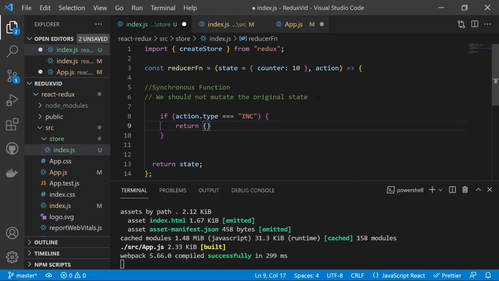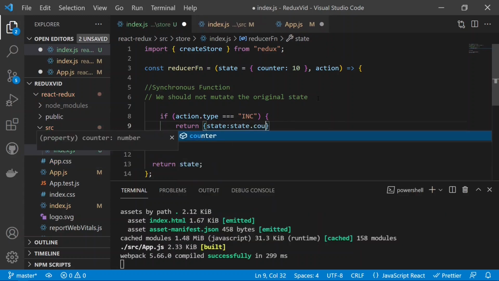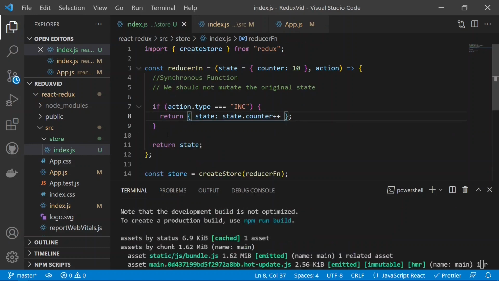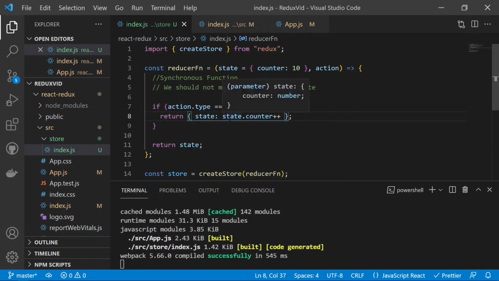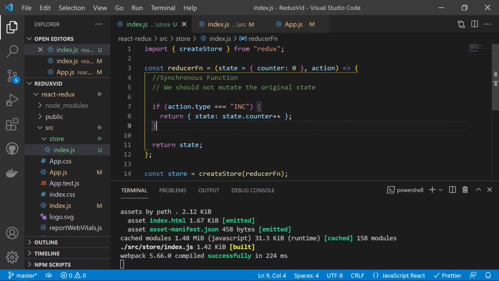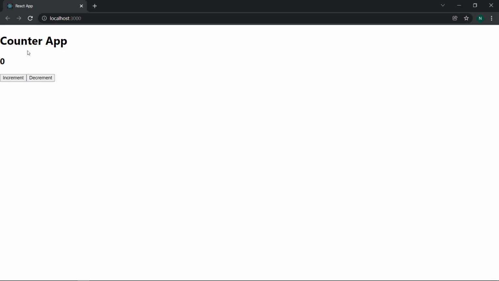It will be a returned object with the counter property, and the counter will be equal to state.counter, which we have here, plus plus. So now if I start the counter from 0 and then save, you will see that if I click on the increment,